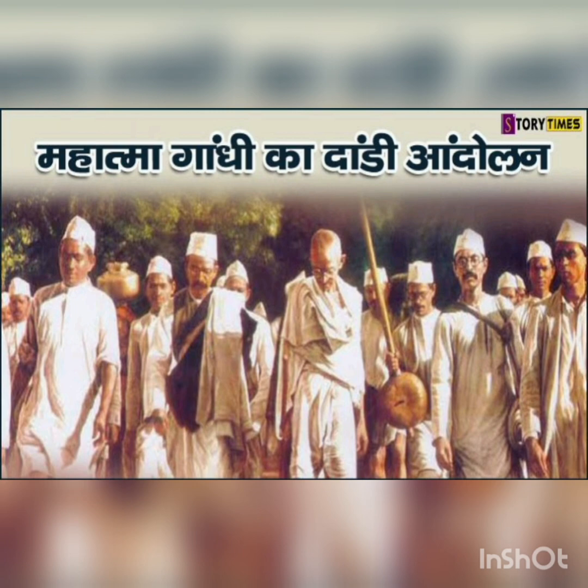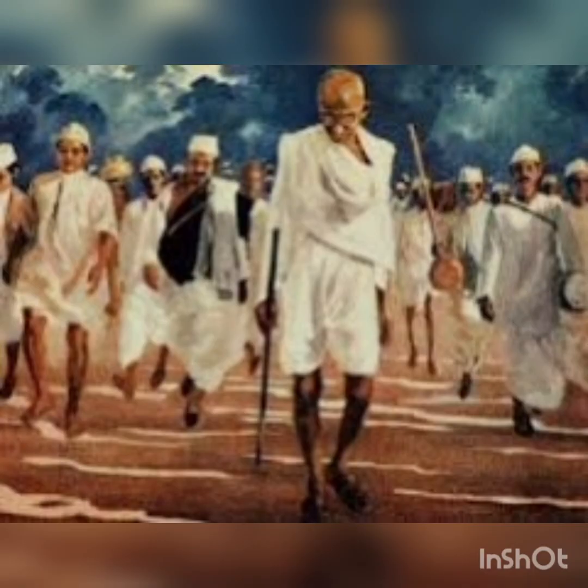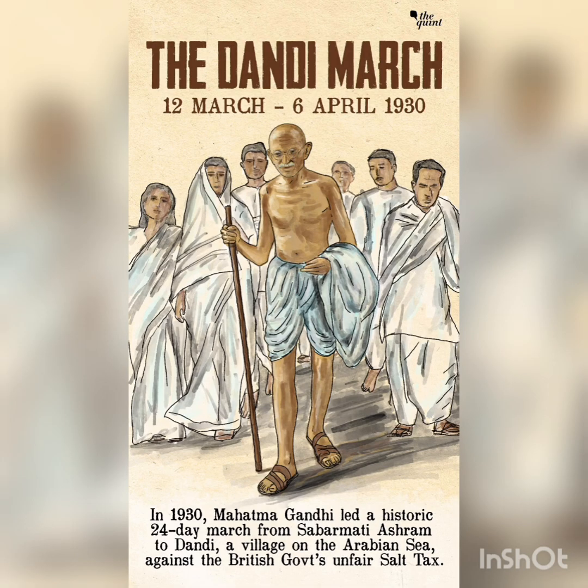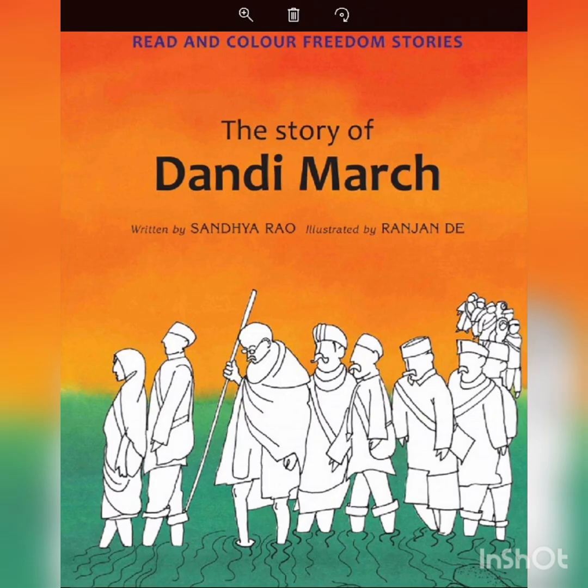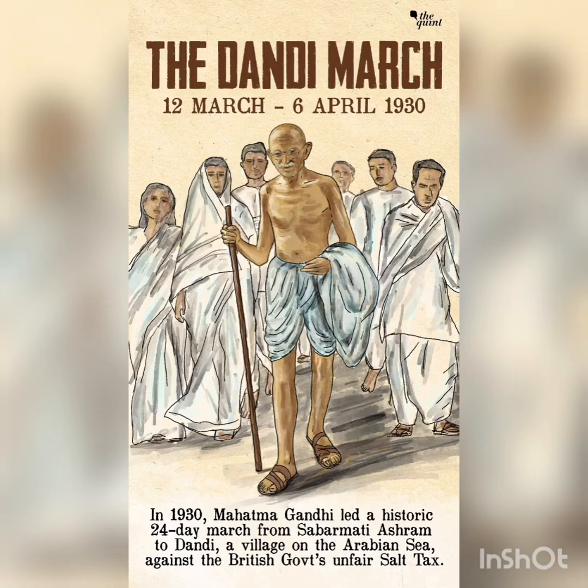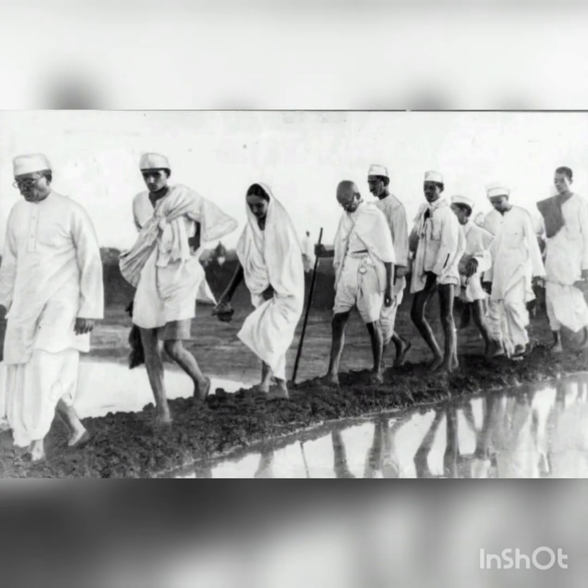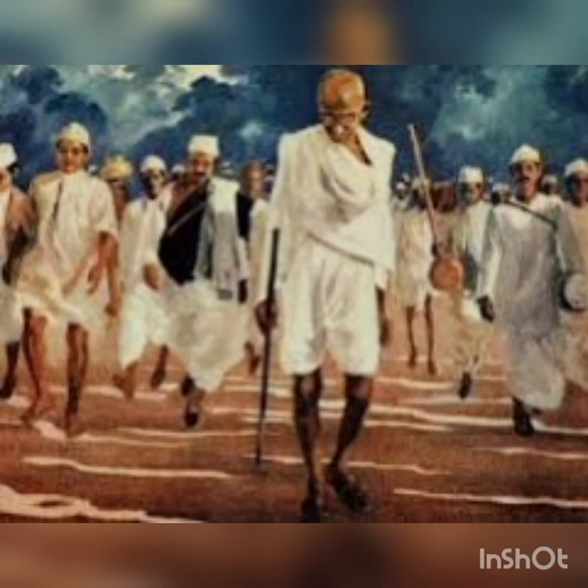Therefore, Gandhiji decided to start a countrywide satyagraha by breaking the Salt Act. To break the Salt Act, Gandhiji had the Dandi March. This Dandi March was held in the year 1930. Since the British had imposed a salt tax, Gandhiji on 12th March 1930, along with his followers, began his 385 kilometers march from Sabarmati Ashram to Dandi on the seashore in Gujarat.